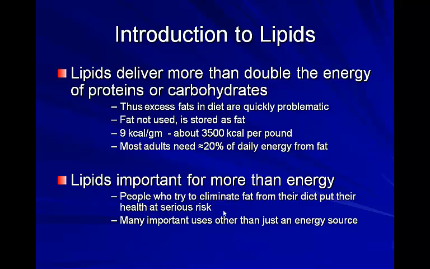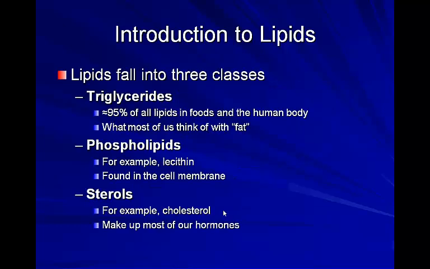And you have to be very specific about what types of fats you eat too. There's some very important roles in eye and brain development, hormonal regulation, so you can't just disregard all fats. It's just important to watch them more probably than any other category of nutrient. There are 3 major classes of fats: triglycerides, phospholipids, and the sterol compounds again. The triglycerides account for approximately 95% of all of our lipids.